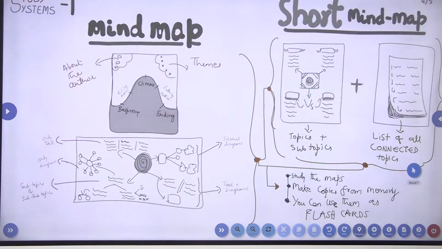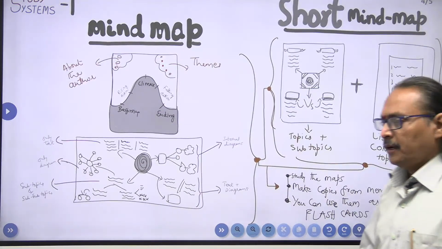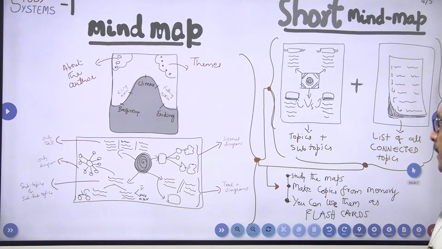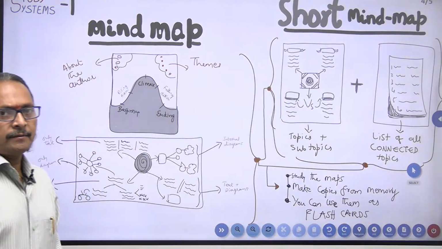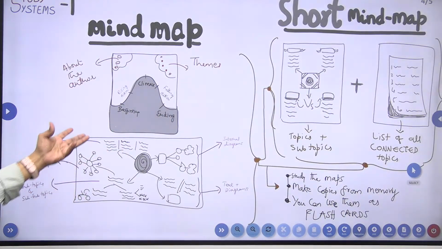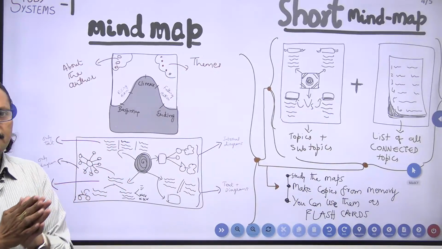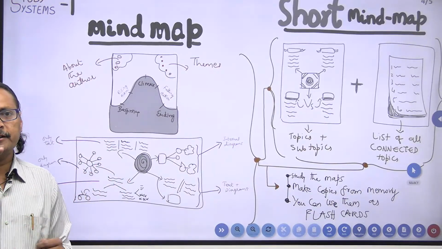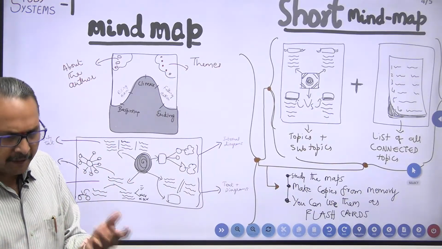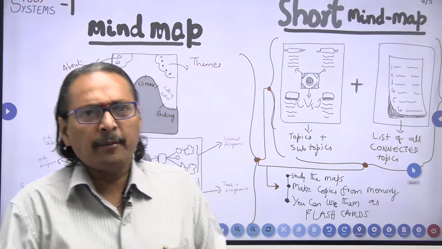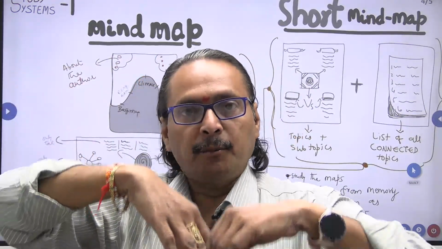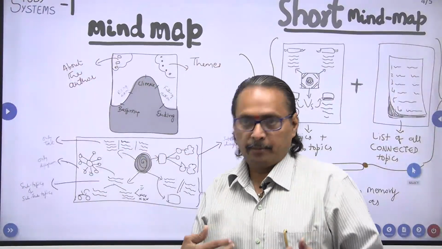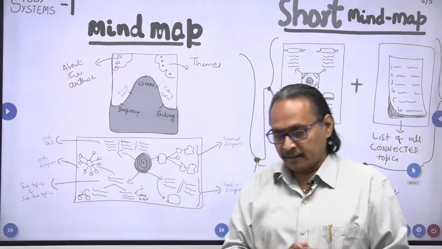Now I will take you to the third important system, and that is other than mind mapping. This is a very popular system. In this particular case, I am choosing 2 different diagrams here. In fact, for convenience, I have divided it into 2 types. Actually, there can't be any 2 types. Mind map is a mind map itself. You cannot divide it into a very big mind map and a small mind map. You are not going to do that kind of classification.